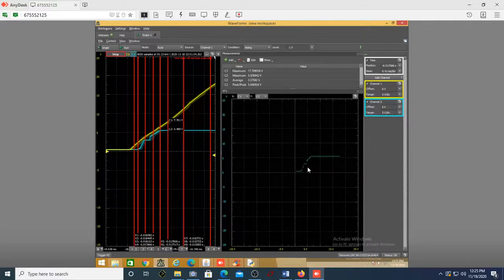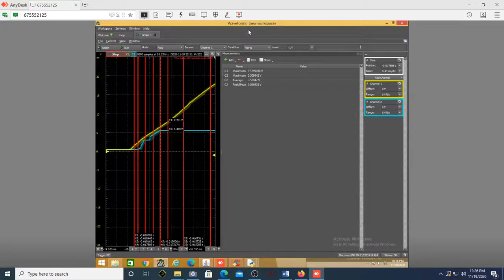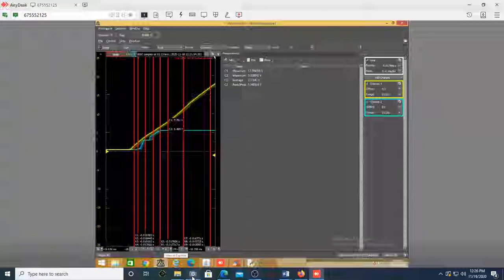As you are increasing the line voltage, the output voltage also increases till a certain minimum voltage. After that minimum voltage, the output voltage is constant at that rated voltage. In this particular case, it is 5.4 volts. 5.4 volts, it is constant, which is seen here also. Of course, here we just took a number of points. Here it is the graphical representation. So this way we are able to see the line regulation which we have observed over here. So this is how the line regulation will happen.